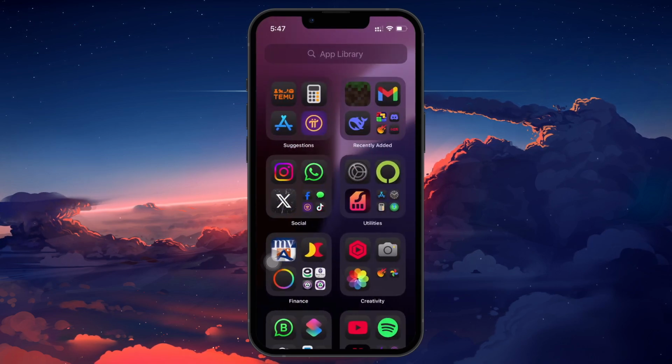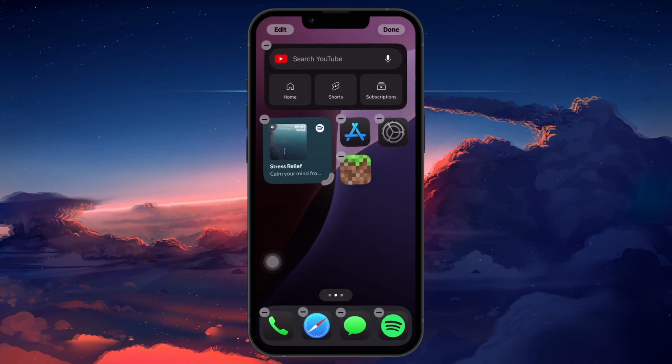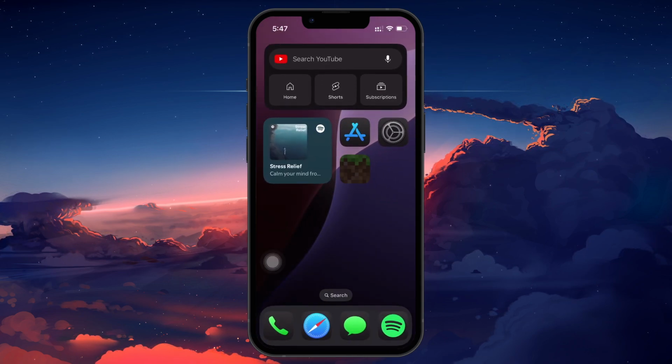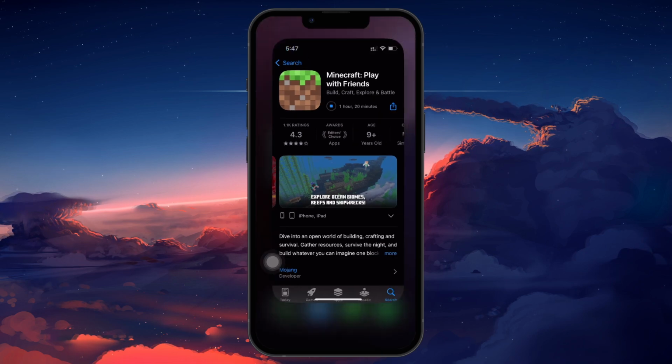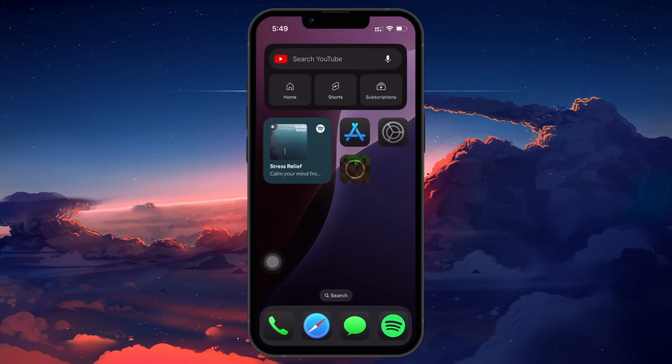The game file size is around 1 GB, so depending on your internet speed, the download may take a few minutes. Make sure you have a stable Wi-Fi connection to avoid interruptions. Once the download is complete, you will see the Open button appear. And that's it. Minecraft is now installed on your iPhone and you're ready to play and start exploring the blocky